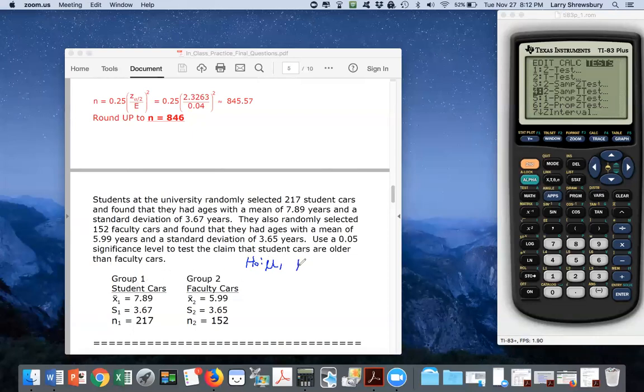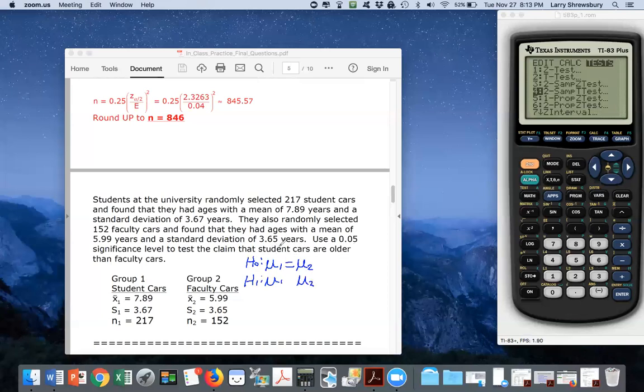And population mean 2 would represent the typical age of the faculty cars. And what always goes in the null hypothesis? The equal sign. Because we're saying there's no difference between these. They're the same. Then our alternative hypothesis says, oh, yes, there is a difference. So copy down everything except for the equal sign, and then read carefully to see what it is they're interested